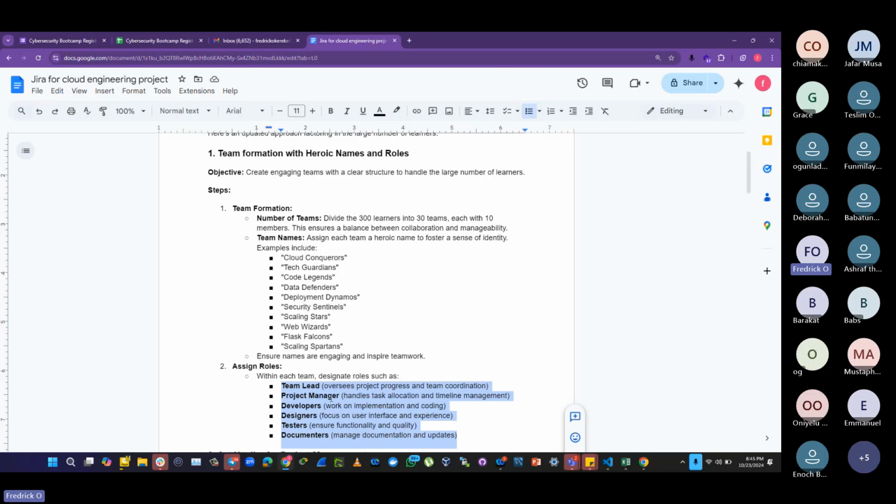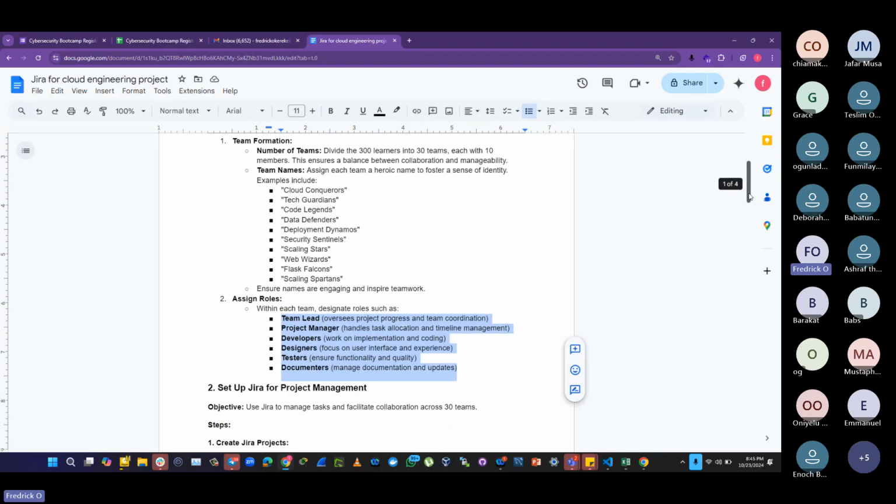Assess your strengths. Each person can choose, or you can decide how you want to designate. You can choose a team lead amongst yourselves. You understand? We will not be the one to choose the team lead for you all. Okay, if you want to do a poll, you can.